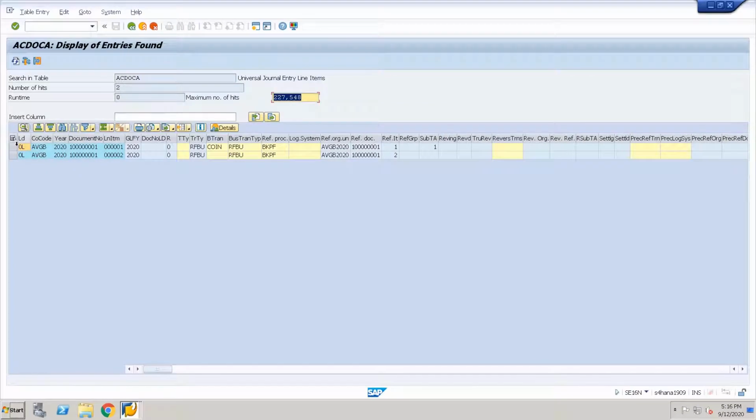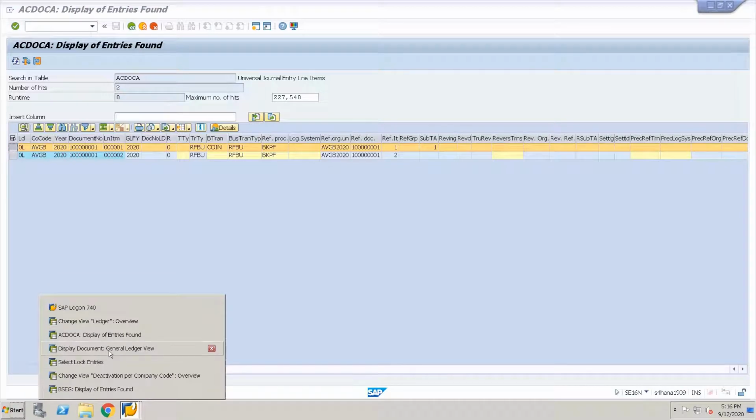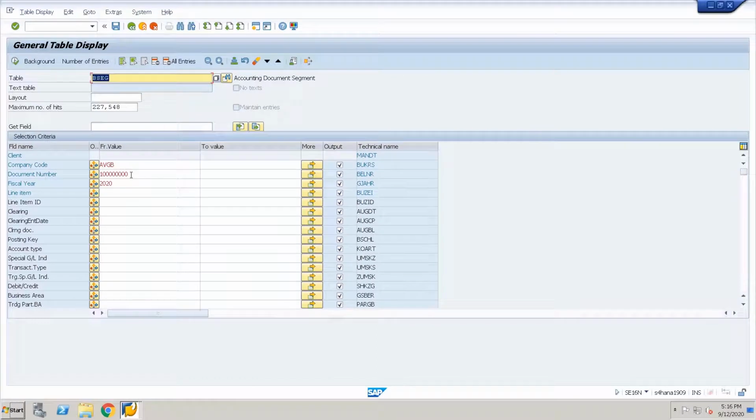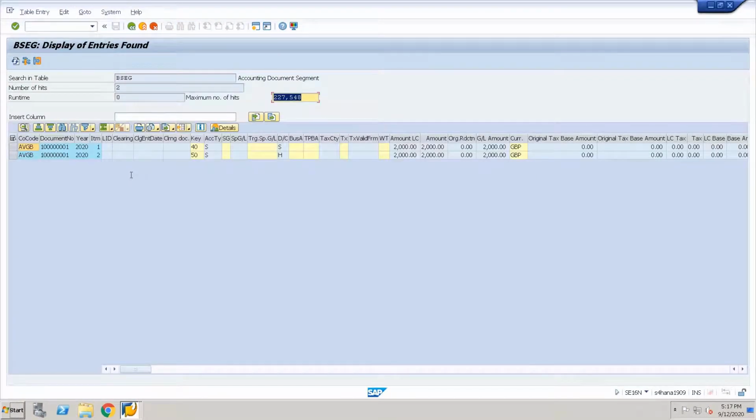In ACDOCA, if you see, we have only 2 entries, that is only for the leading ledger onto which this document is explicitly posted. Similarly, if you go to BSEG, here also we have only 2 entries, which is for the leading ledger.